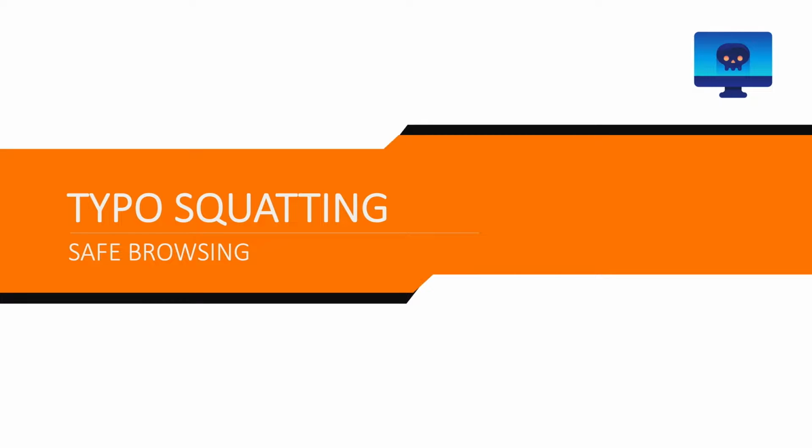It's an interesting variation of a social engineering attack which basically exploits the fact that people make mistakes when they type URLs. Now this type of attack has become very popular during recent years. It's very difficult to detect this kind of attack, and moreover it's also a bit difficult to evade these types of attacks. Now let's see what typo squatting is and how you can protect yourself as well as your